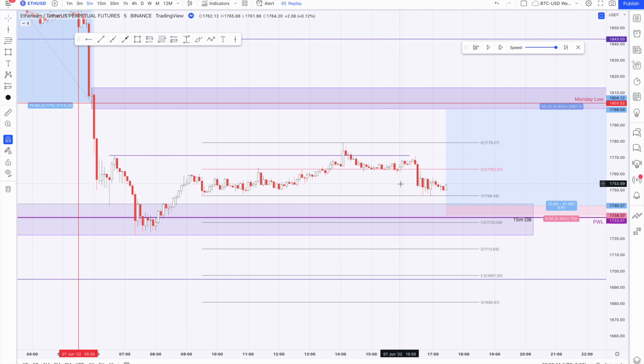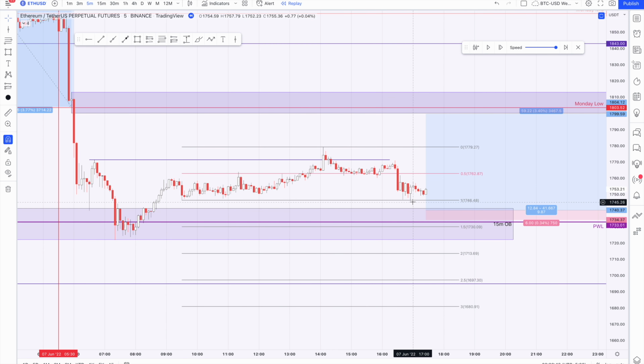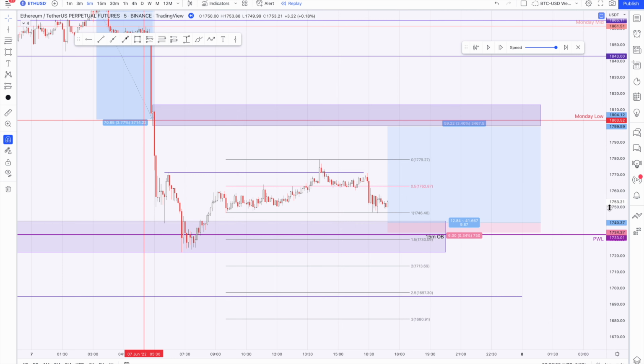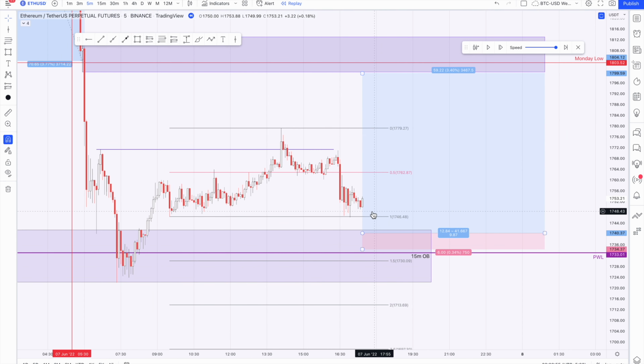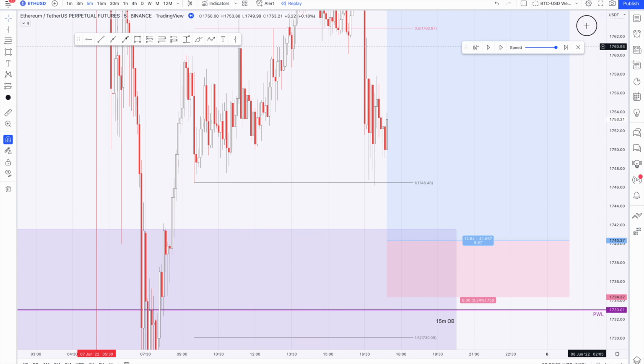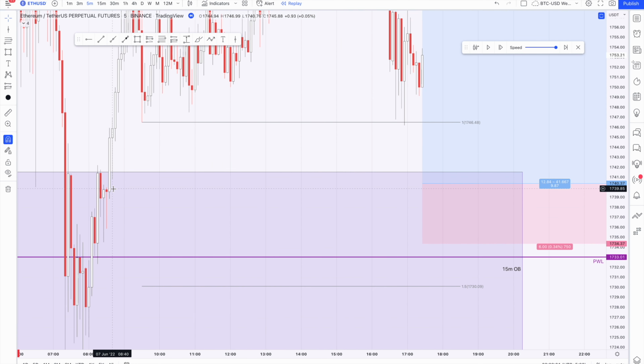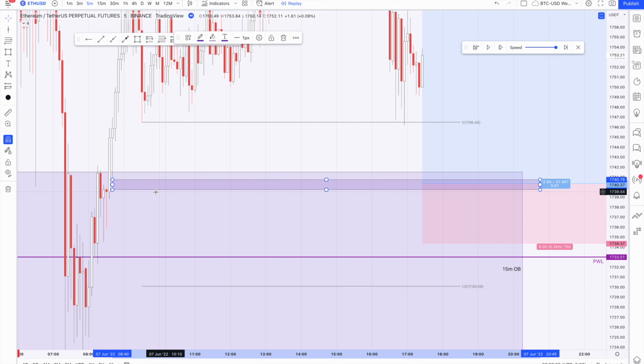So just in case we want to tap the liquidity below the range low, to what level can the price fall to? I would obviously want to target what? This order block. Again, we have something else here. This is the FVG,